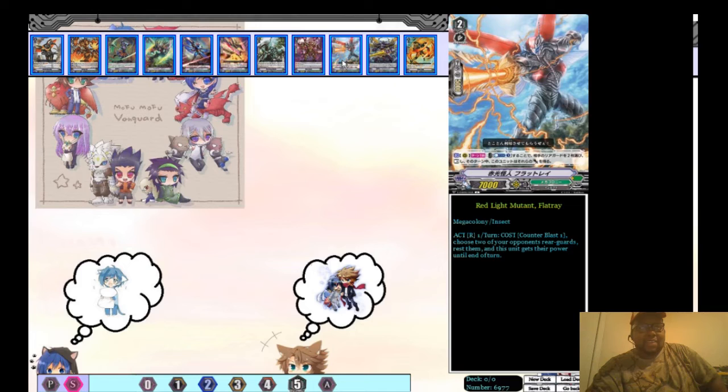Red Light Mutant Flat Ray. It's weird. A lot of the grade 2s that we got from this set have very short effects. Rear guard circle for 1 turn only. You can counterblast 1, choose 2 of your opponent's rear guards, arrest them, and this unit gets their power until the end of the turn. Now, it is a 7k, which is very iffy,